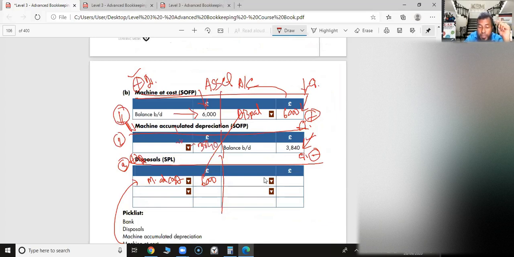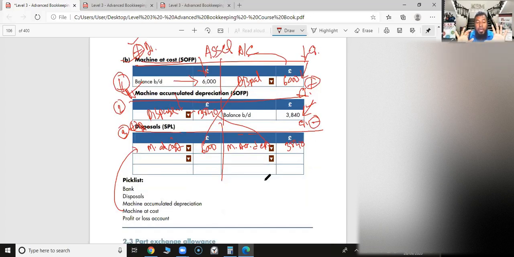By writing 3,840 on the debit side, my accumulated depreciation T account is cleared. And the disposal account should be credited 3,840. You can write machine accumulated depreciation in the detail. So the first one is done, machine credit. Second one done, accumulated depreciation credit. And the third one, we need to